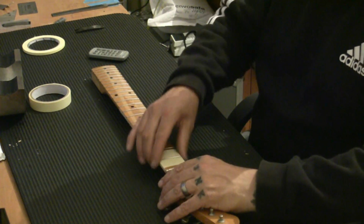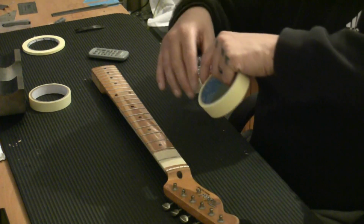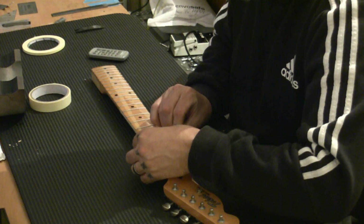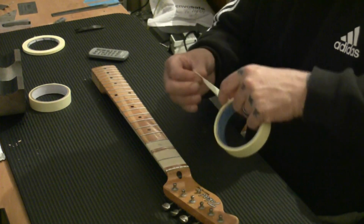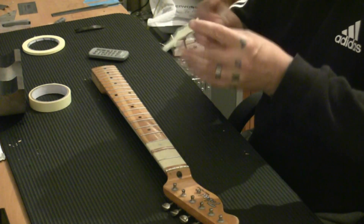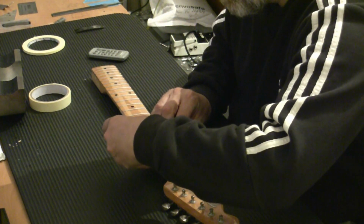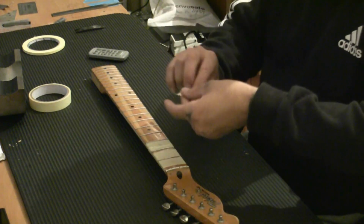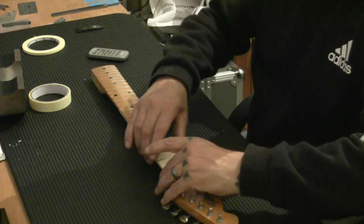And the reason we put these strips down the side is we can pull that up and it'll bring all the tape off in one go. So let me just show you how we work this. Really, really simple. Like so, then we take the piece, we rip it down the centre, and voila. So I'm going to tape up the whole fingerboard so I can polish the frets properly,